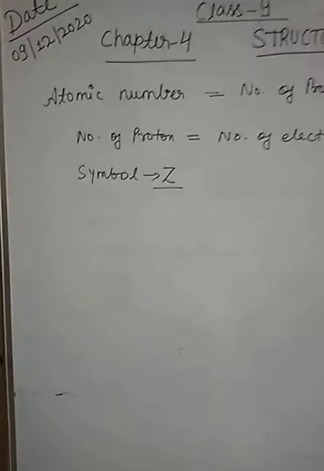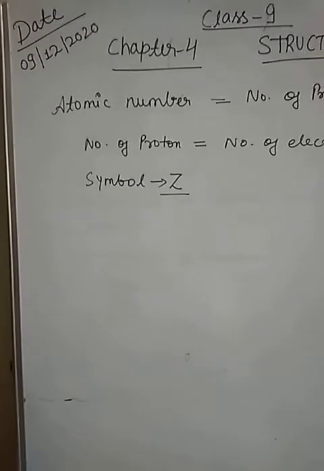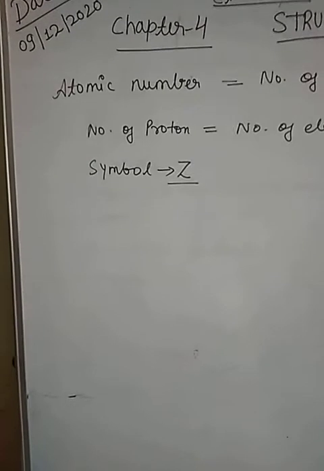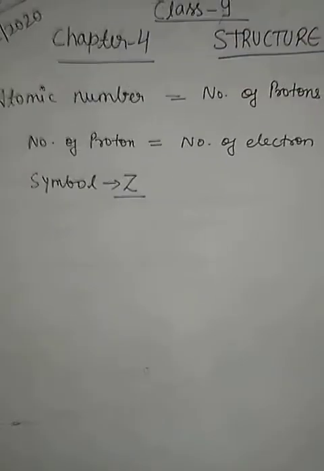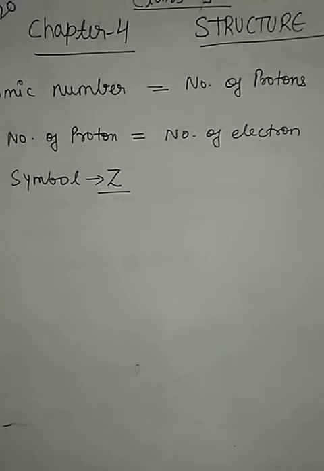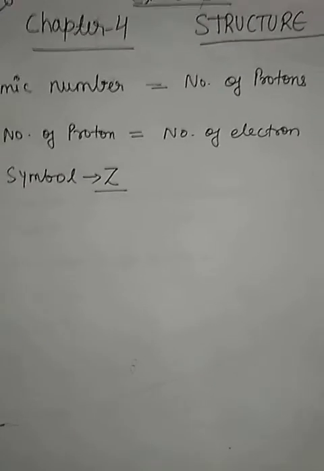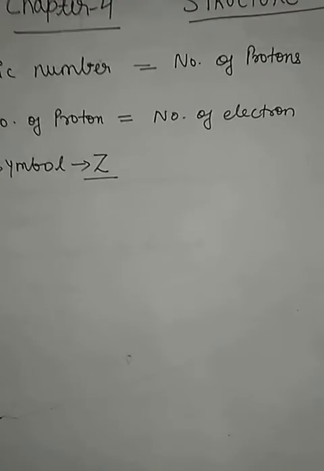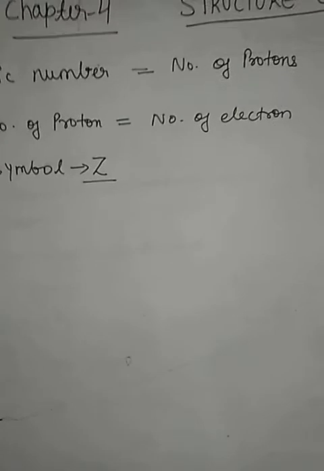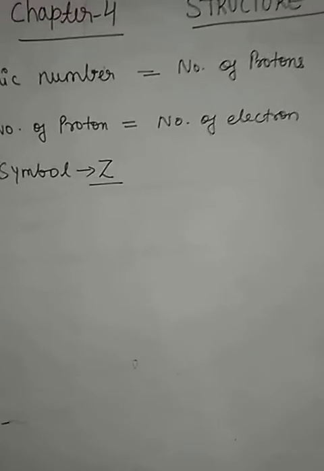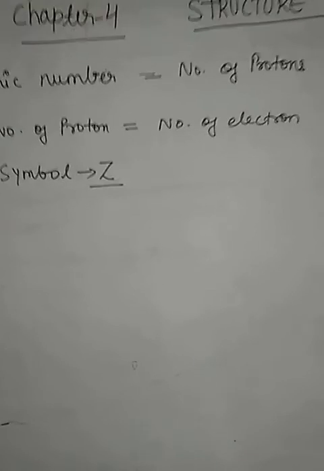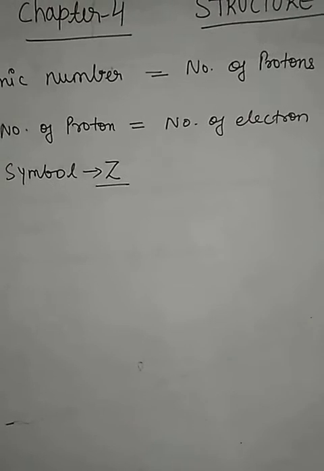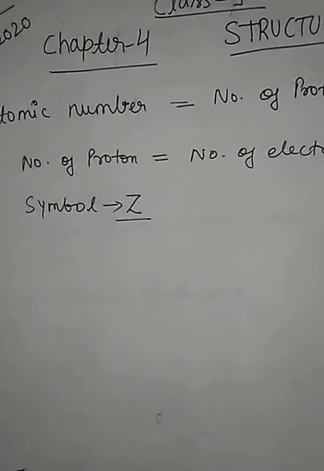But at present, the concept of atom was given by Niels Bohr. And the Bohr's model of atom can be described as follows. The atom is made up of three particles: electron, proton and neutron, in which the electrons are negatively charged, protons have positive charge and the neutrons have no charge, which means they are neutral. Due to the presence of equal number of negative electrons and positive protons, the atom on the whole is considered neutral, or the atom is electrically neutral.